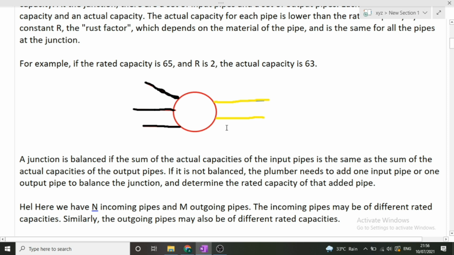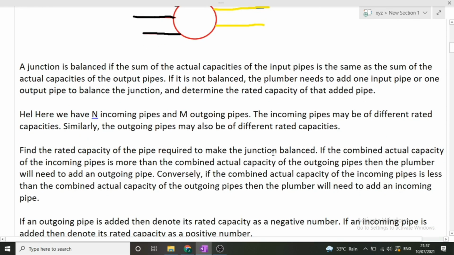So we need to add an outgoing pipe. And conversely, if the sum of outgoing pipes is greater than the sum of incoming pipes, then it means that we need to add an incoming pipe, because see, less water is entering and more water is leaving the junction, so it means that we need to add more input pipes so that the junction can become balanced. So I hope this is clear to you.